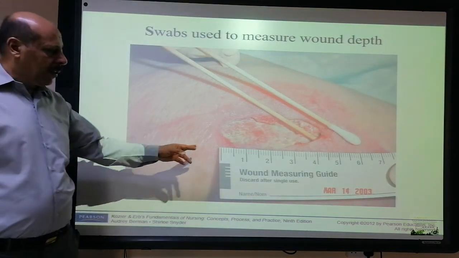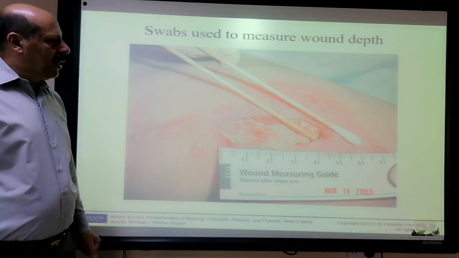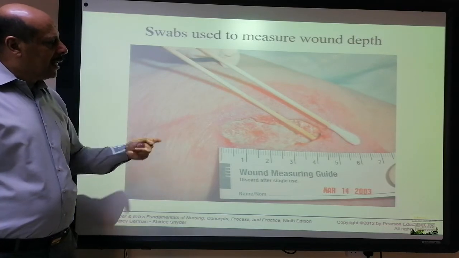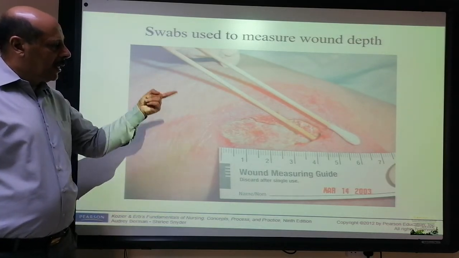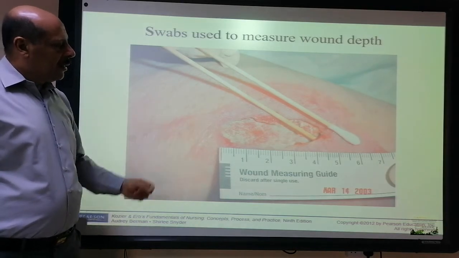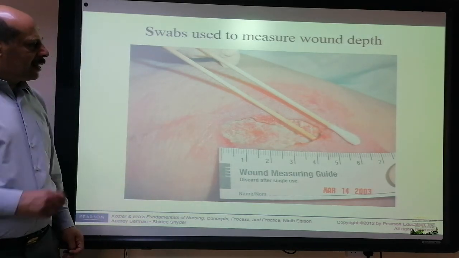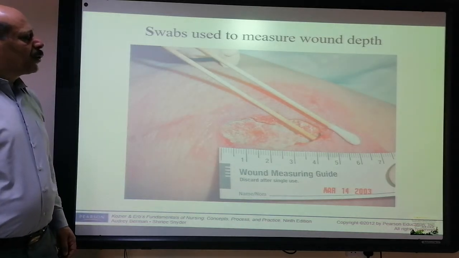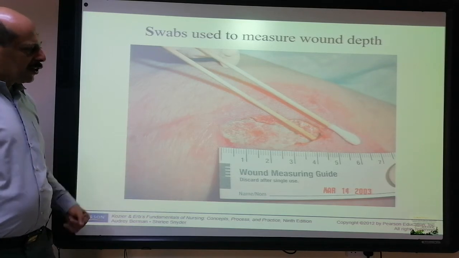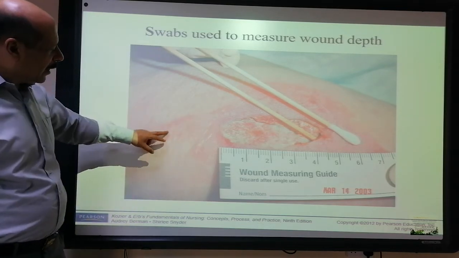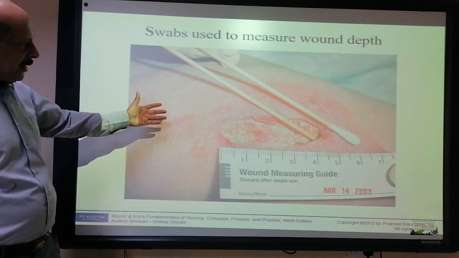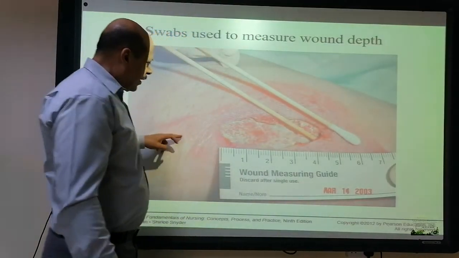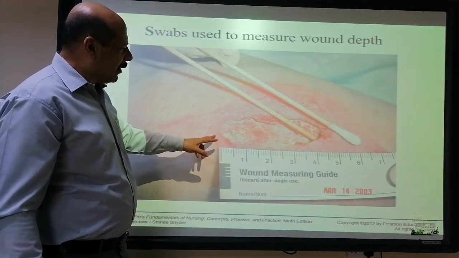So we can measure the size of the ulcer, and we can measure the depth of the ulcer by using sticks or padded sticks with a cotton swab, and also we can take a swab for culture in order to assess. So here, on this side, as it's apparent, there is redness, so it is not only the breaking down of the tissues.